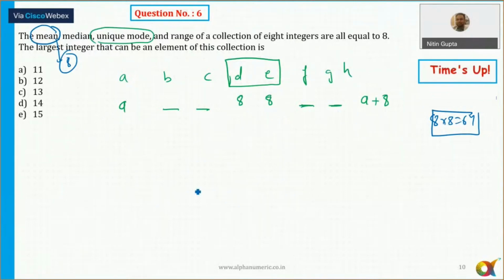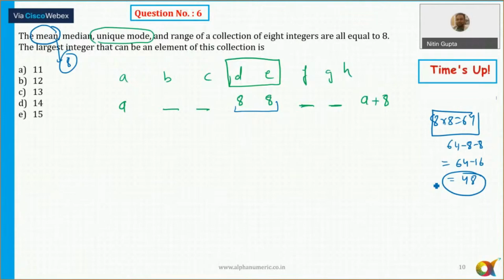Okay. So in any case, two of the numbers are 8 and 8. So I can say that the sum of the remaining 6 numbers can be equal to what? Let me take it, that is equal to 64 minus 8 minus 8. That is 64 minus 16. So that is coming out to be 48. Okay. So the sum of the remaining 6 numbers must be equal to 48. Now, what are those 6 numbers?